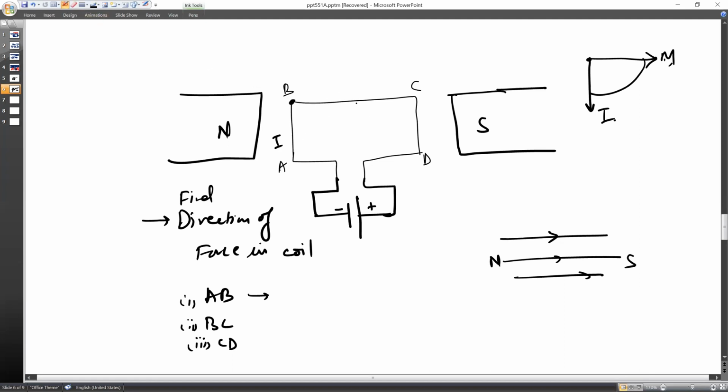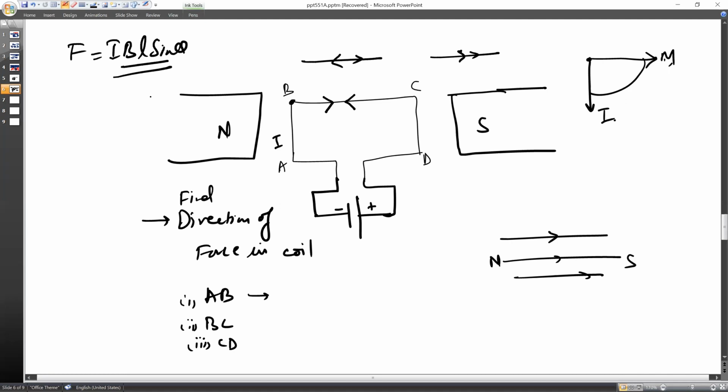Why? Because the current is moving in this direction and the magnetic field is in this direction. I've told you, if the current and the magnetic field are either in the opposite direction or in the same direction, there will be no force acting on it, because here F equals I B L sine theta. Since you understood,